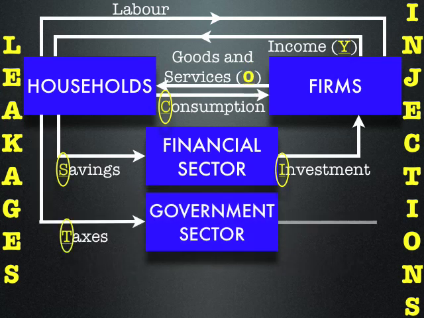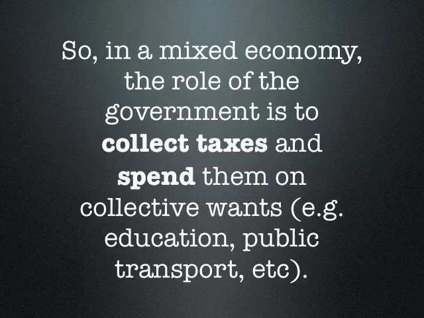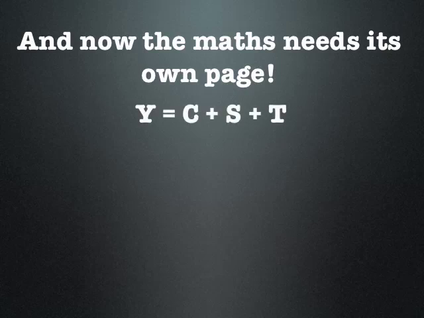Let's bring in the government sector. We pay taxes, and the government spends them, right? They spend them on all sorts of things. In a mixed economy, the role of the government is to collect taxes and then spend them on collective wants. So things like education, public transport, all that. But now the maths